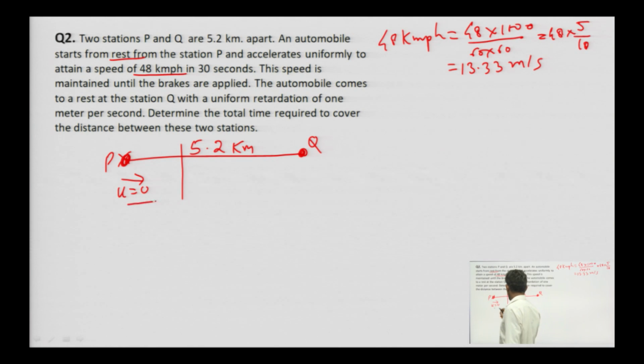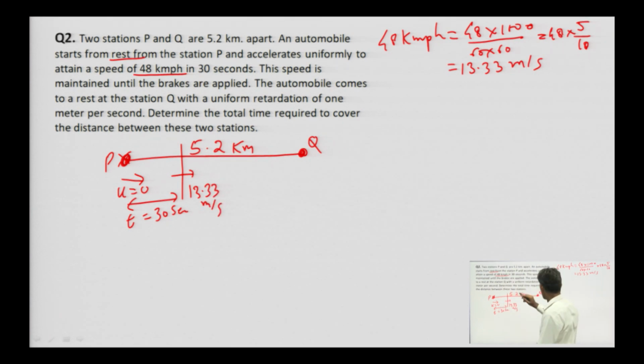So, in 30 second, t is equal to 30 second, its velocity is 13.33 meter per second. Okay. This speed is maintained until the brakes are applied. The automobile comes to rest at station Q. Here the velocity v is equal to 0. Here the velocity at Q is 0. Okay. With a uniform retardation of 1 meter per second,